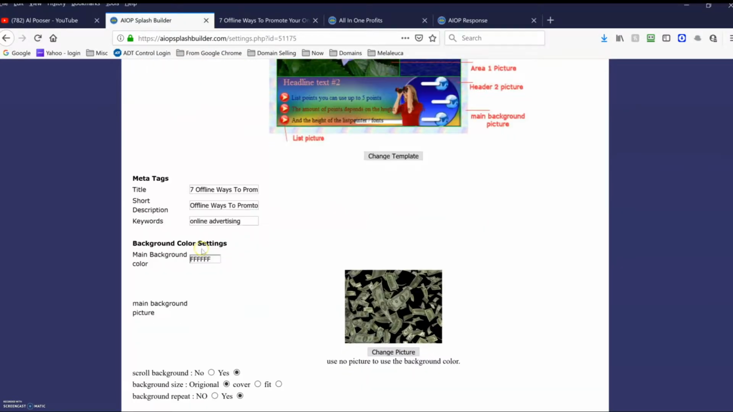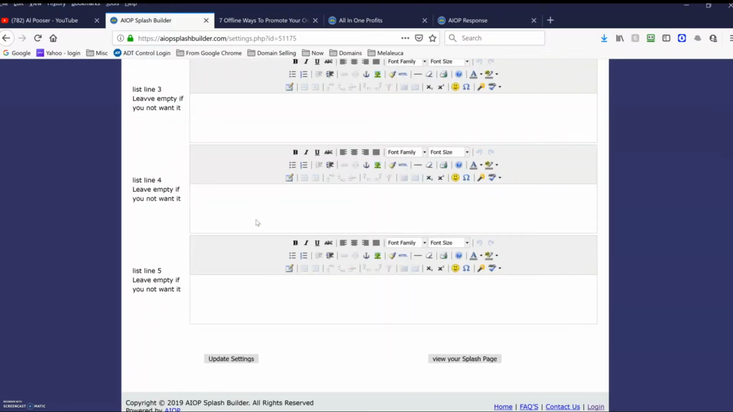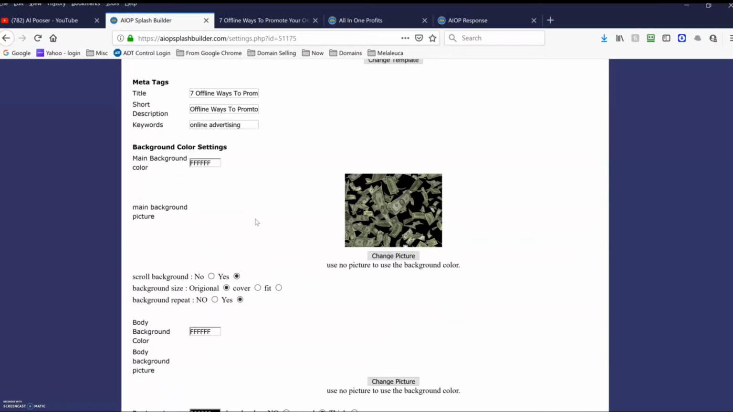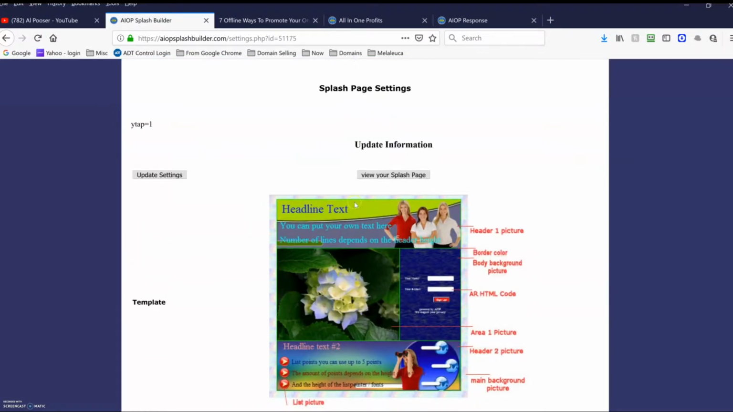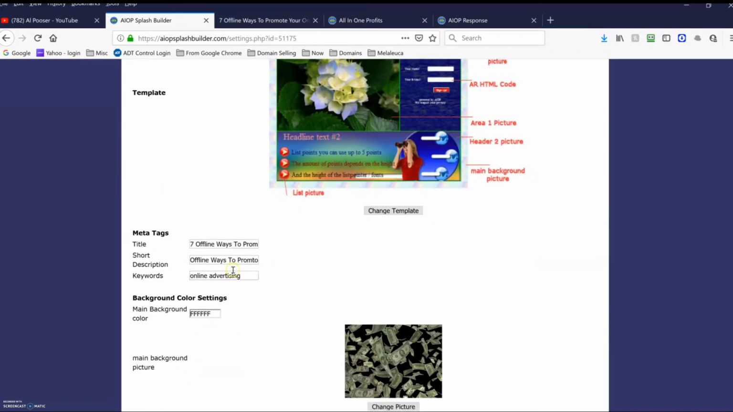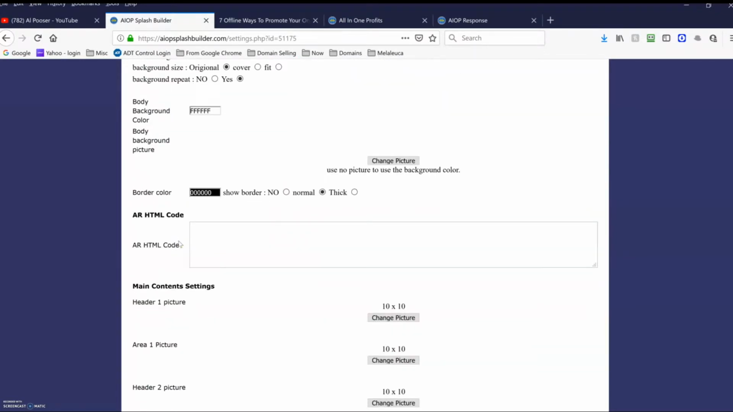All right, where are we at with it now? There's my background. Also down at the very bottom, when you start building, you'll be able to see it. Another really cool thing about it is your template here. This right here shows your header picture, your HTML autoresponder code, and it tells you exactly where each one of these goes. So we're going to be working on what's called the header 1 picture. I want to find the header 1 picture, change picture,